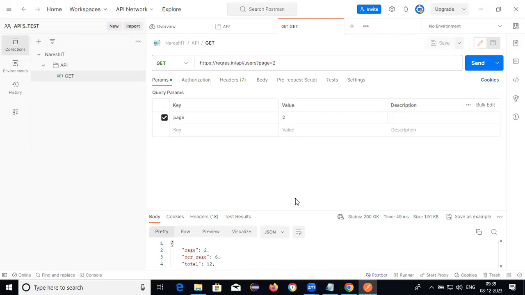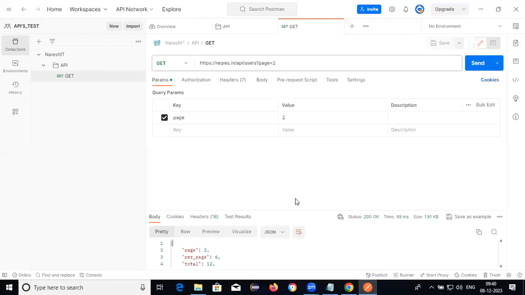First one, status code. Second one, status time. Third one, response body. Fourth one, application JSON content type. And fifth one, header. If you want to validate the API, we are able to validate these.